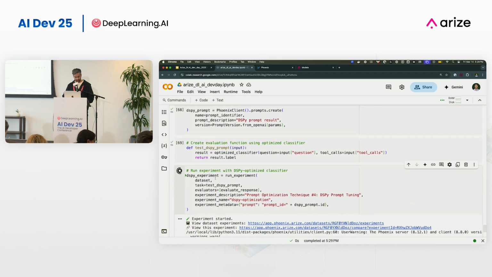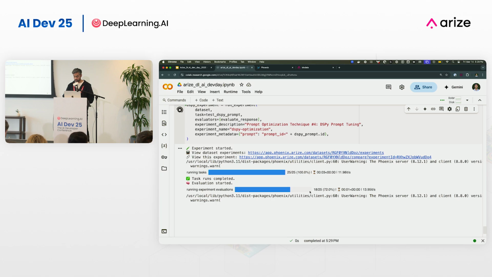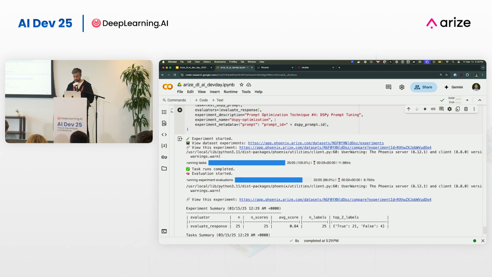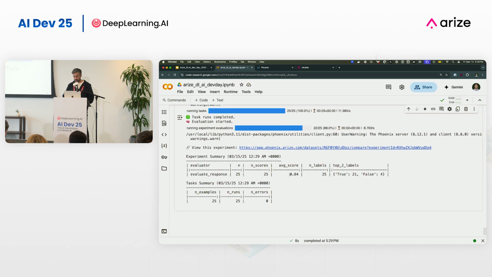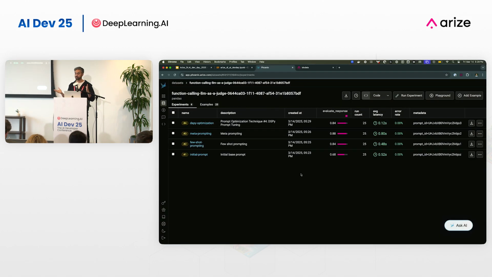Okay, so it ran the optimized prompt and now it's running the eval on that prompt. It actually runs really fast too, which is one thing I've noticed. It looks like the evaluation and the task ran faster, so it optimized the prompt for speed, but it didn't look like it significantly moved the needle on my evaluation.